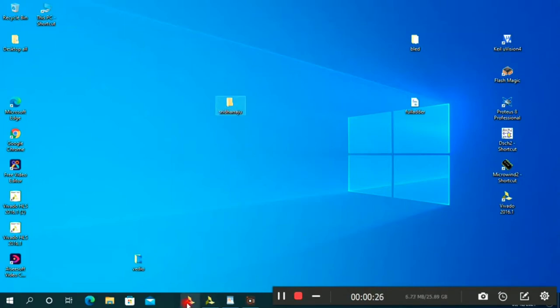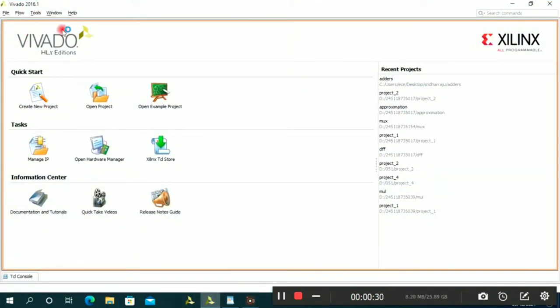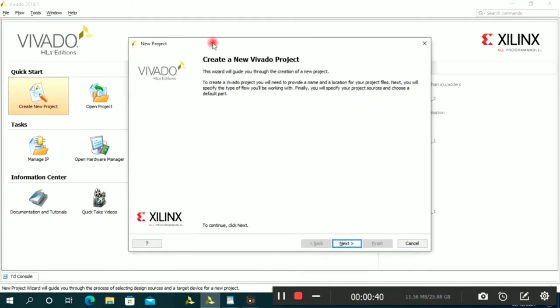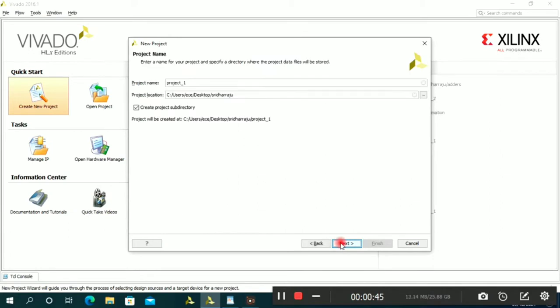Now you double click on this icon. This window will open. This is Vivado 2016.1 version. You just double click on create new project. Then this window will open. This is new project. Click on next. Give the project name.